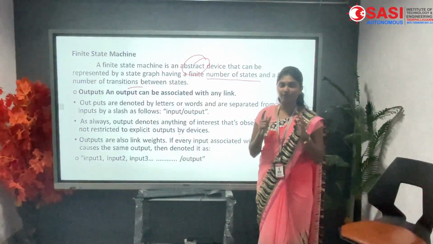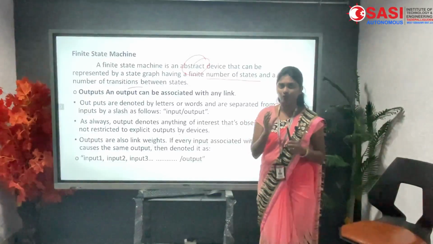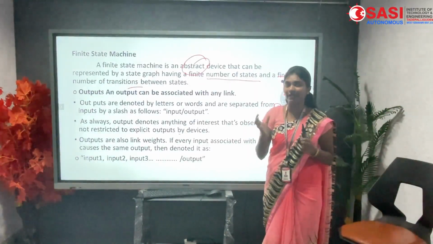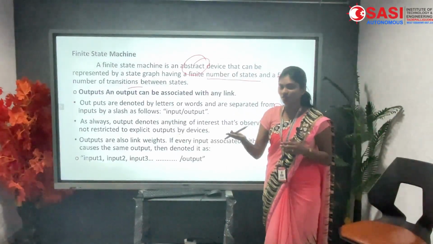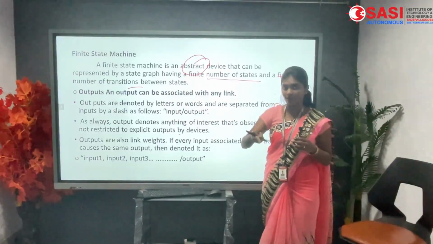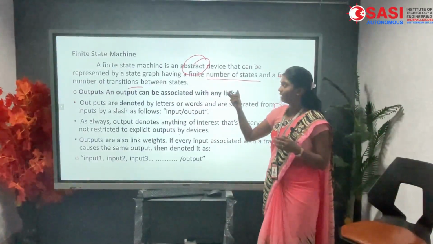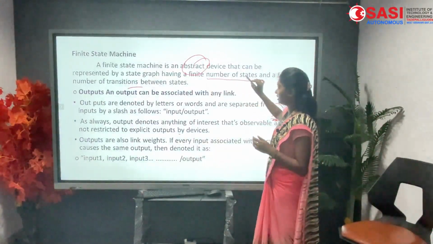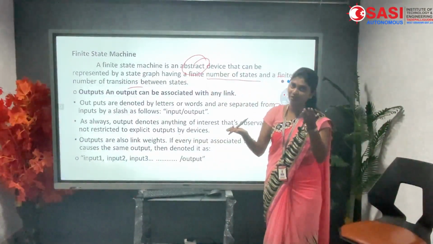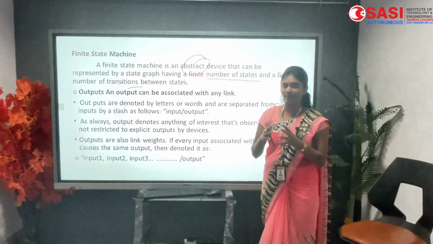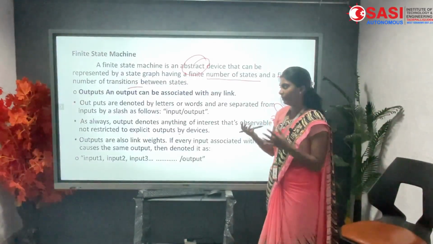Once again, the finite state machine is a model. How is it a model? We create this model as the structure. This structure is used to represent the model for developing the state graph. It is developed between the states of the finite state machine and the transitions of the finite state machine; in between we develop the particular model.